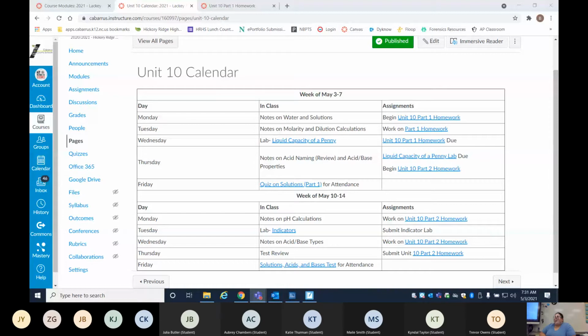Looking at the due date, so the Part 1 homework is going to be due on Wednesday. And we're doing a lab Wednesday that will be due on Thursday. And you guys will have a quiz on this Part 1 stuff this coming Friday. We'll start on the acid-base stuff Thursday and into next week. And your test on this last unit will be next Friday. That will give us a couple of days